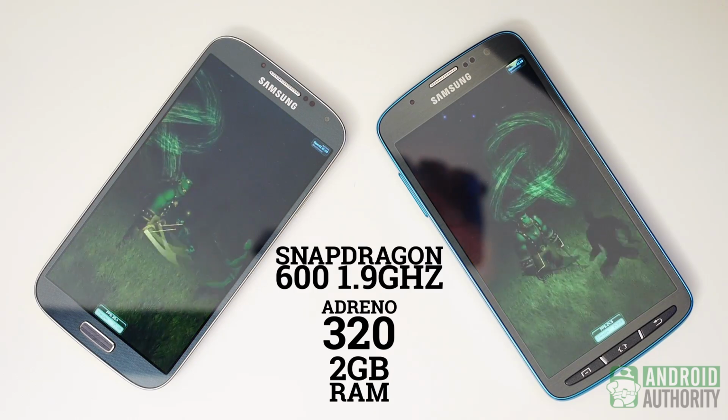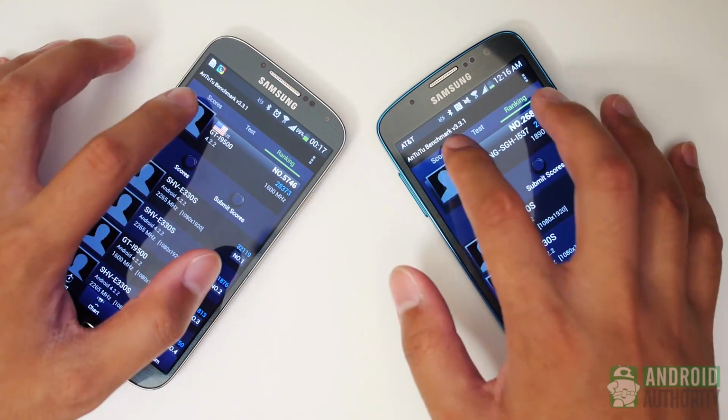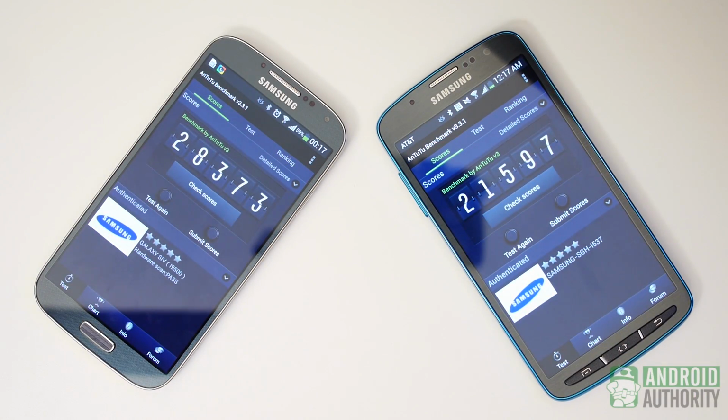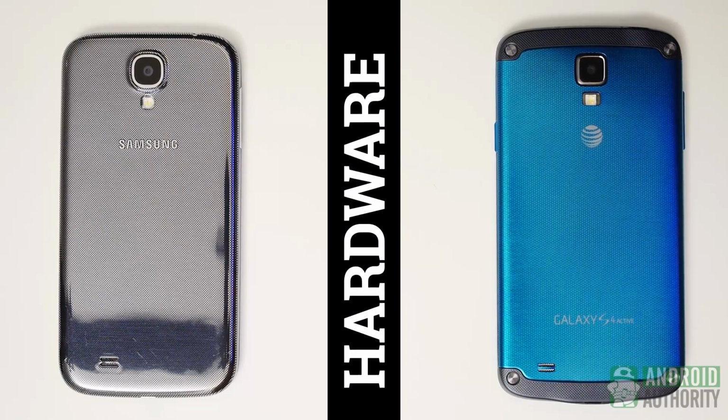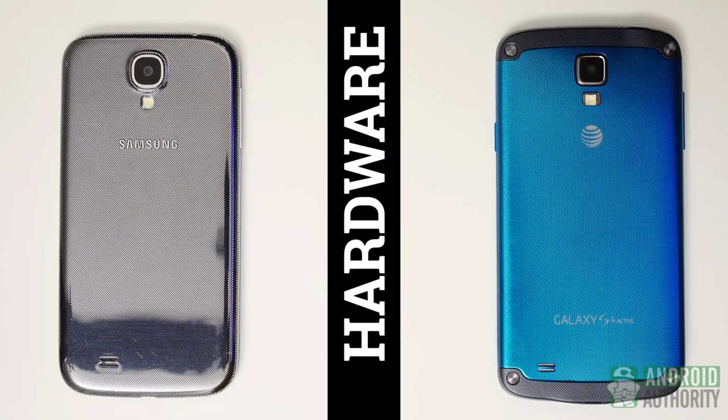The scores in Antutu tell a slightly different story, but perhaps a lack of optimization or even the LCD screen are to blame for the lower score in the Active. But don't worry, performance is comparable and you should have no issues either way. The Active also took from the S4 pretty much every bit of hardware that the original had, with the exception